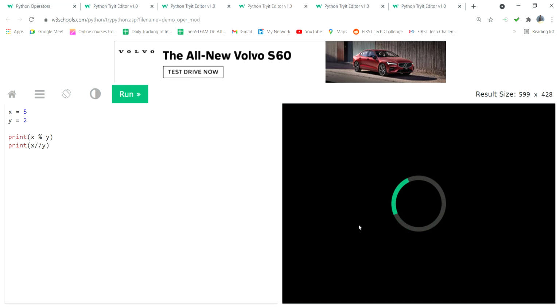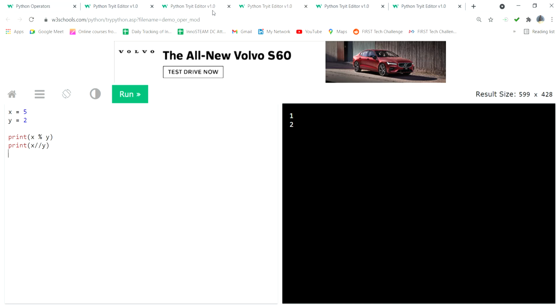Only the nearest whole number is allowed, that is called floor division. Now you can understand the difference between remainder, quotient and nearest whole value. So division, modulus and floor division, these are the three things you need to understand. Is it clear?